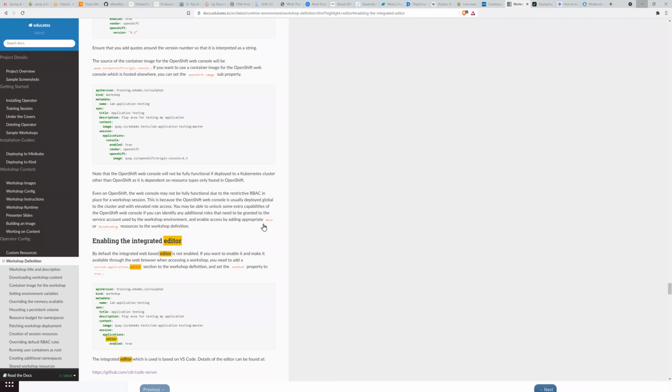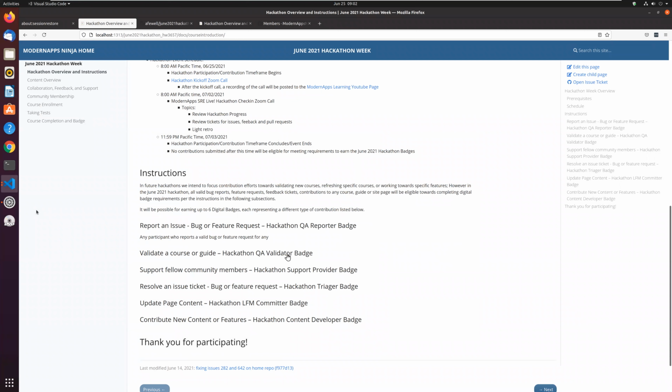Badges that we have here: I have you start off with the QA reporter badge. We go to the validator badge. You go through that validation process that we have. If you do the support provider badge, to resolve a ticket, that's a triage or level capability. It's getting into committer, and likely if you're resolving an issue ticket, you're actually going to do two things